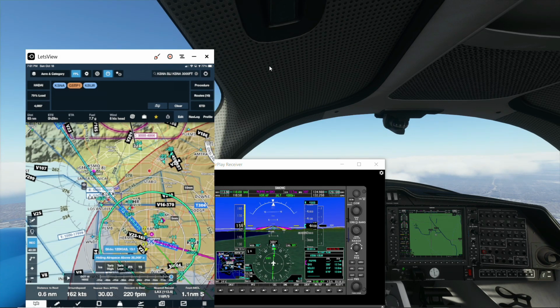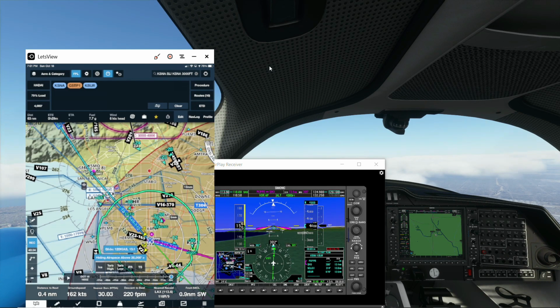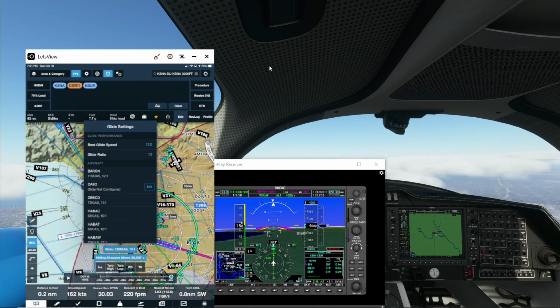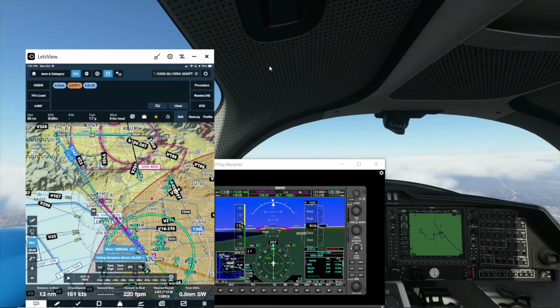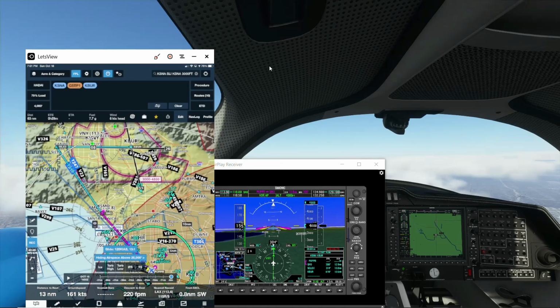SoCal approach, Diamond Hotel Alpha Delta Alpha India, request change of frequency to grab the ATIS, 2 minutes, and we'll report back. Roger, let me know. Welcome, Hotel Alpha Delta Alpha India. 210 Alpha Romeo, flight level 080. 080, 210 Alpha Romeo. Alright, we grab the ATIS, so Burbank,